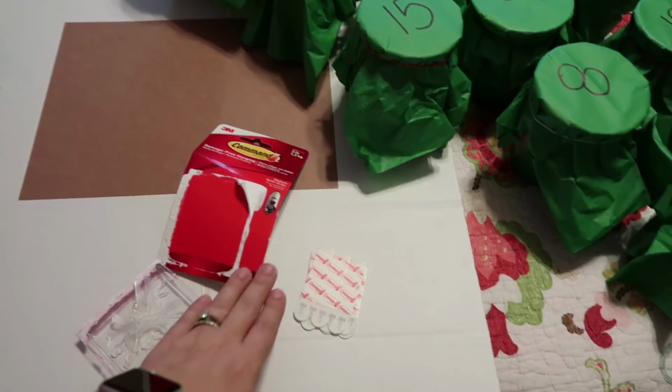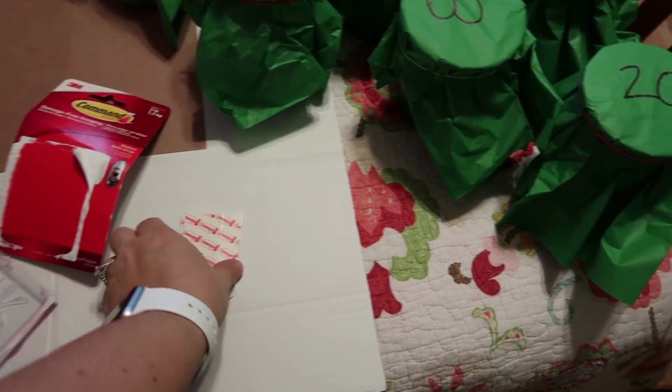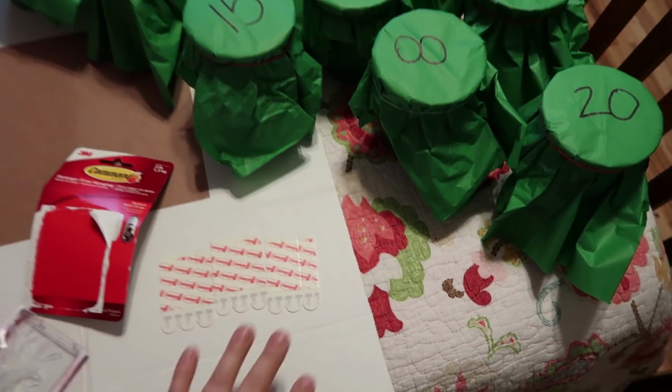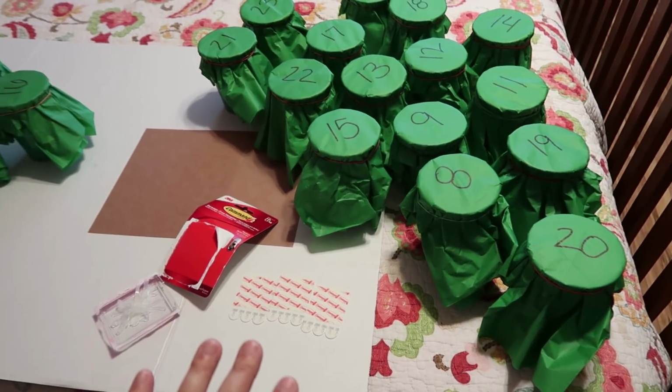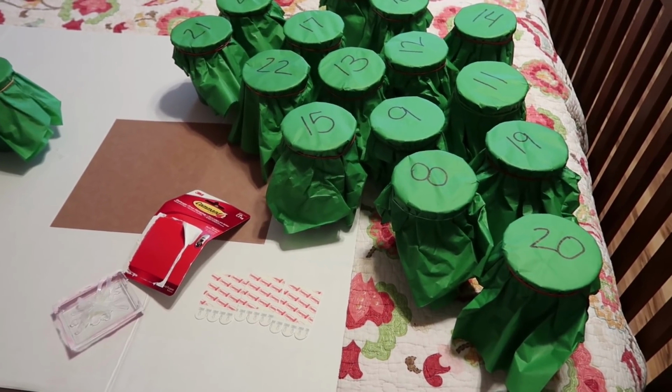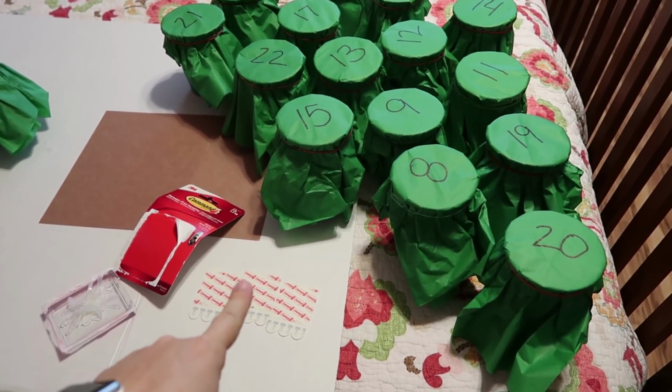So I got some command strips here that I'm going to use. Let's see, 3, 6, 9. So I'll be able to use 9 of these, and that's all they had when I did my grocery haul. They didn't have any more. So I'm gonna do 9 of them with these, and then I think I'm gonna have to